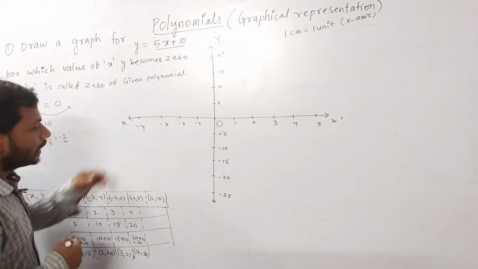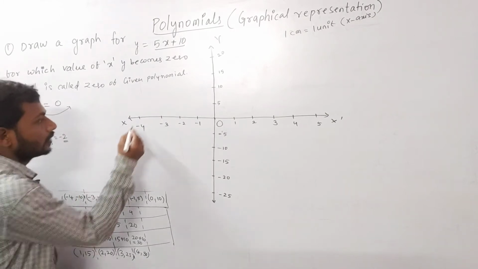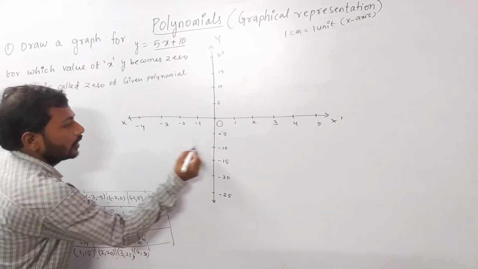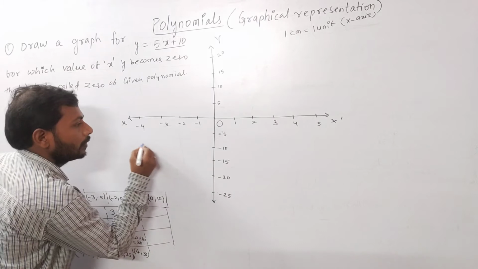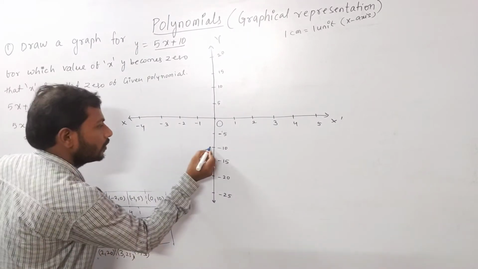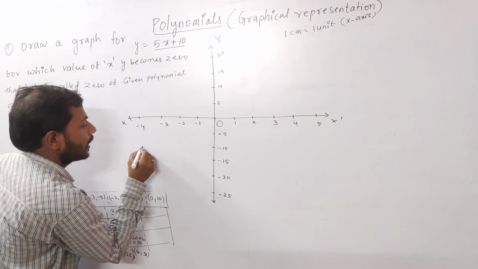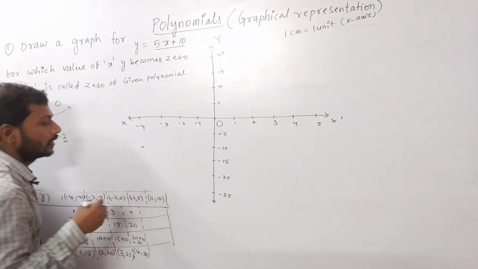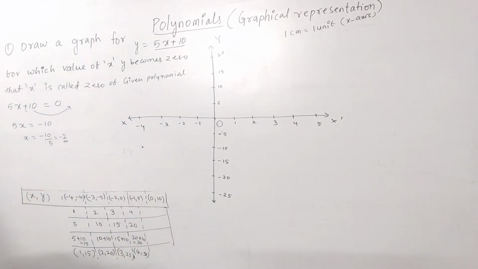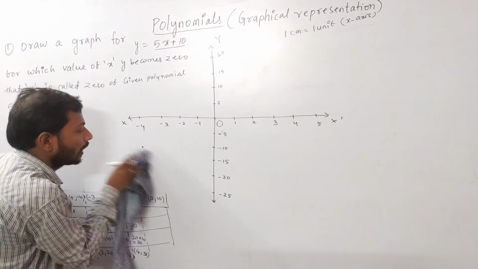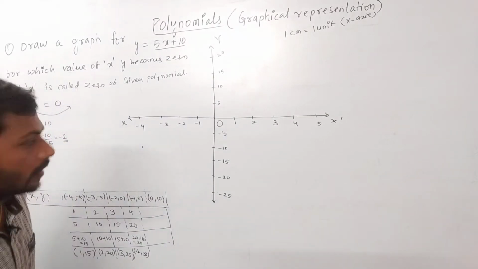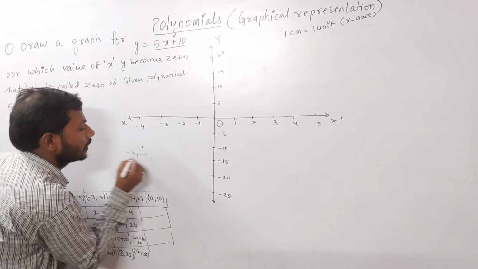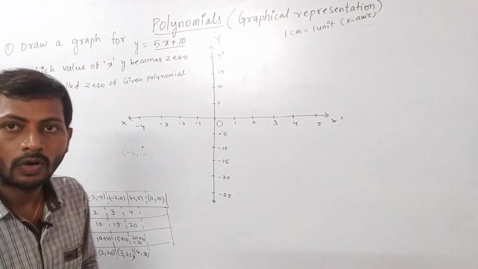X comma y, -4 comma -10. This is -4 on the x-axis and -10 on the y-axis. Then in the graph paper, maybe you have the lines also, very comfortable for you. Then I take this as -4, -10. You can write -4 here. It is a little bit wet, that's why I am unable to write. I hope you got -4, -10, this location name. So one location is completed.